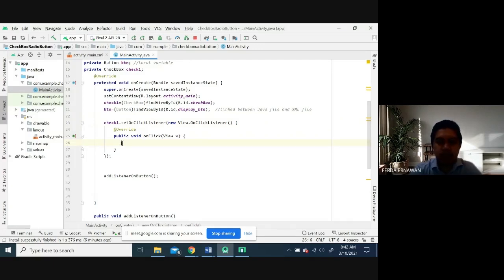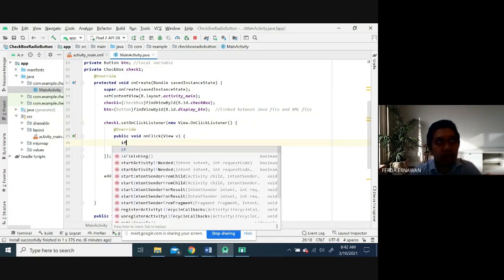So I put here, I can type if we have a condition, right? Once the user clicks, what happens?